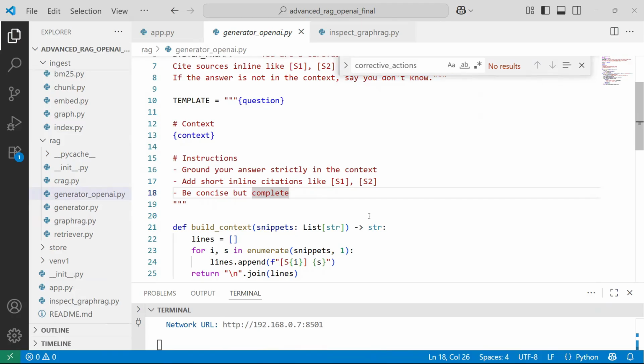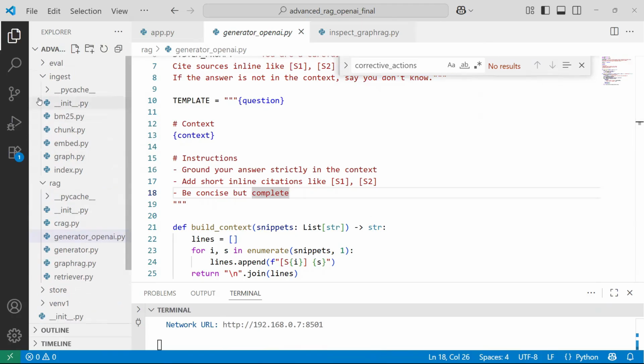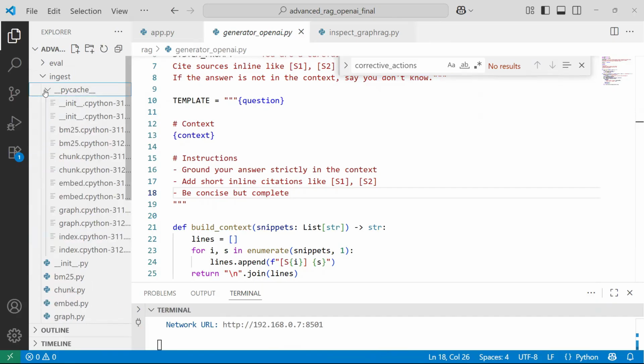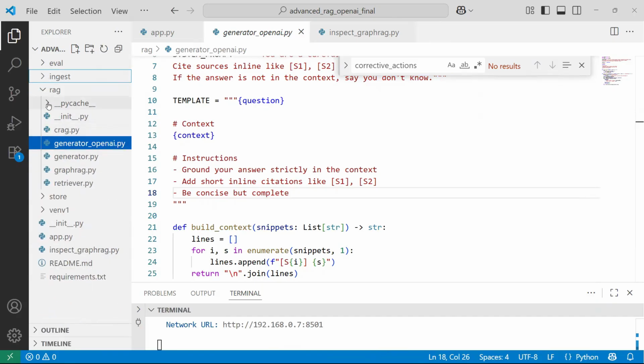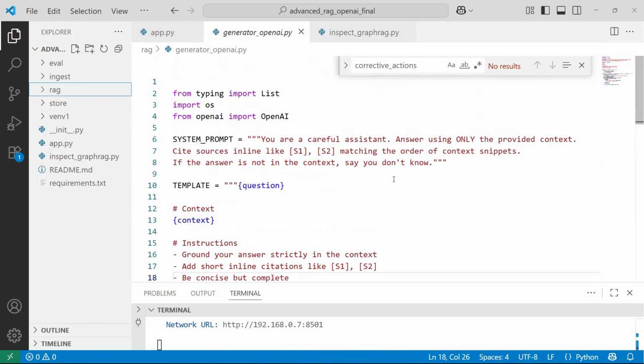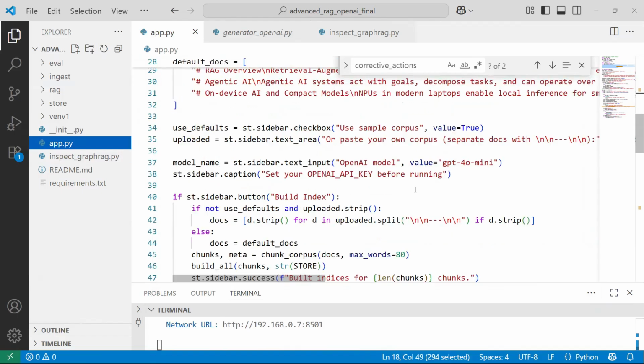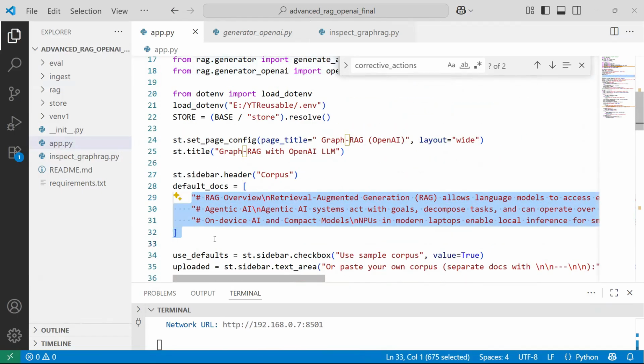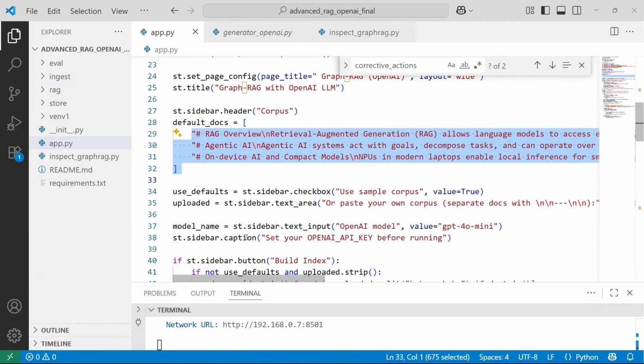Okay. And I will upload this in the GitHub. Take it from there and understand what is inside RAG, understand how the flow is, and then launch your app. You can change the docs here, give some new docs and see how it is behaving.